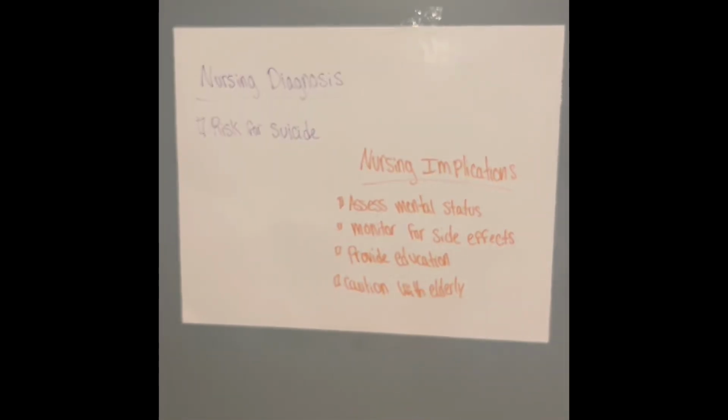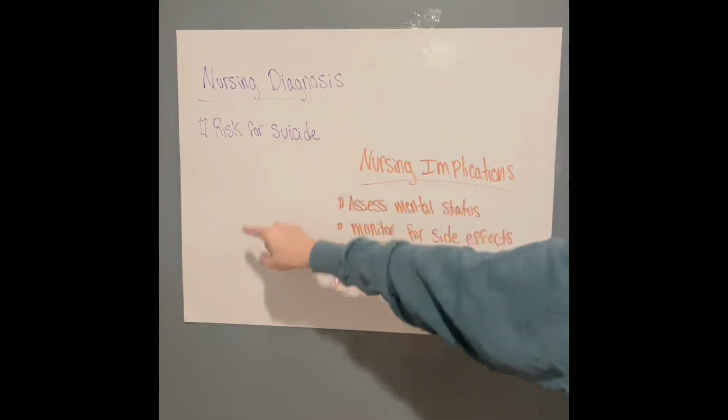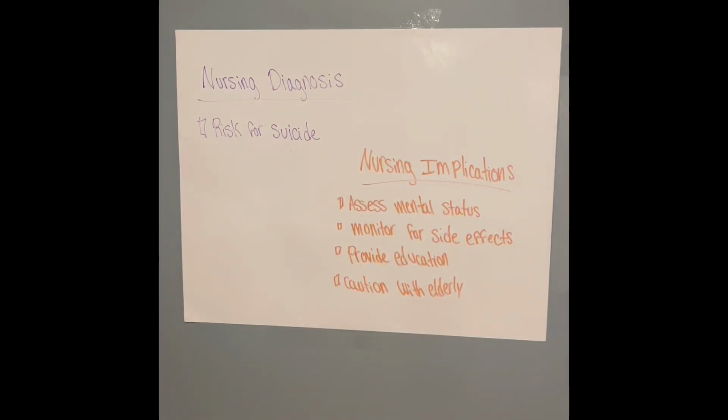Okay guys, we are almost through this. We have our nursing diagnosis, which I put for risk for suicide, related to the potential increased suicidal thoughts and behaviors when initiating or adjusting doses of duloxetine. I gave a little bit of a rationale, which would be like many antidepressants, they carry a black box warning for increased suicidal thoughts and behaviors, particularly in children, adolescents, and young adults, continuous assessments of mood, behavior, and any